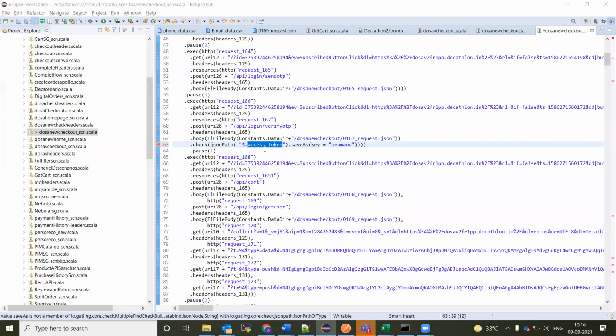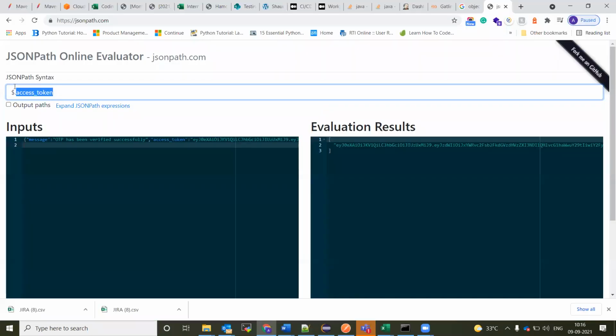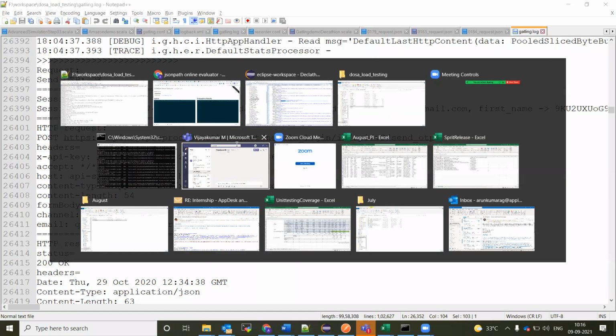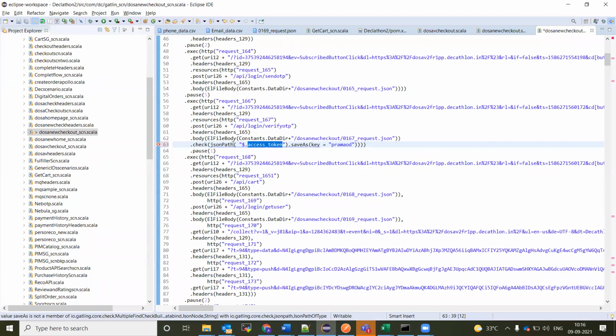It should be exactly what it is in the response. I'm just copying this and not making any changes here. Whatever the exact JSON path is, that should be there in the first place, in the JSON path parser here, and save it as whatever key you want to use. So check the exact JSON path of the key which you are going to look into, and save it as whatever key you want. Make this a prominent one, so we can understand from the key itself, so that you can use it in the upcoming things. Yes.